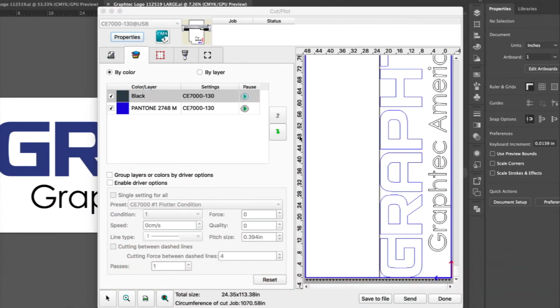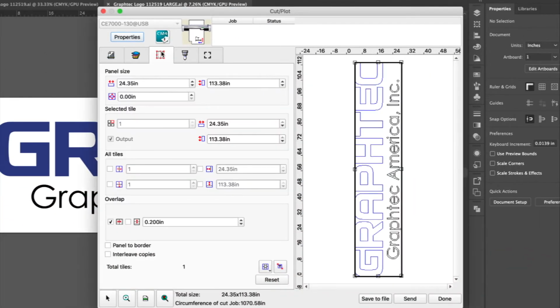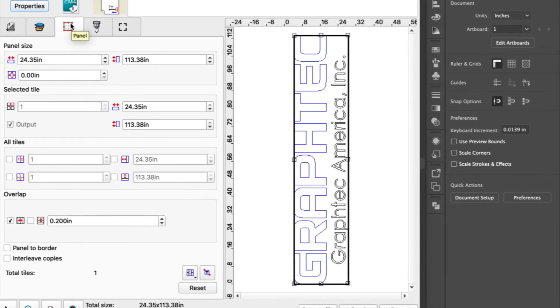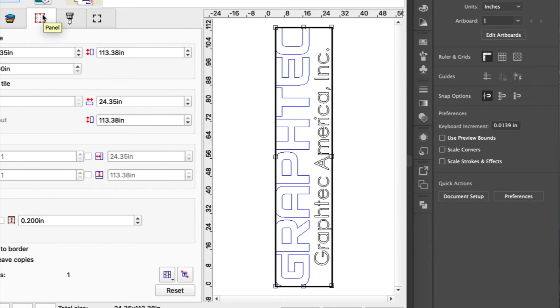The next tab is used for paneling our job designs when they need to be split up or paneled due to the size of the job. Let's go over a few of the options. Notice within the media display area, there is a thick black rectangle around the graphic. This indicates that there is only one panel to be cut as one piece and that everything in the black